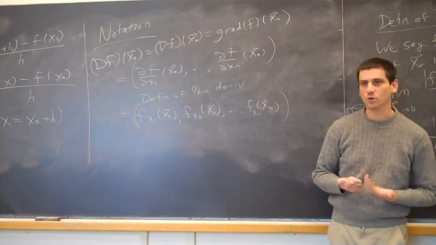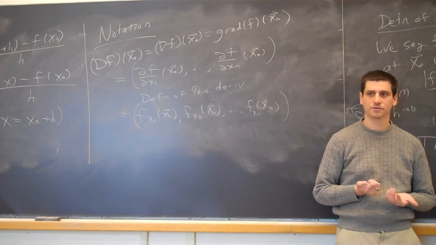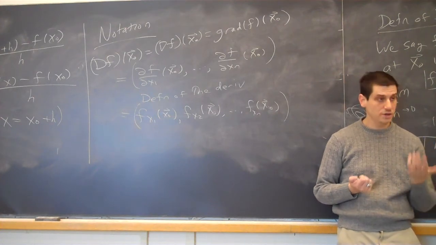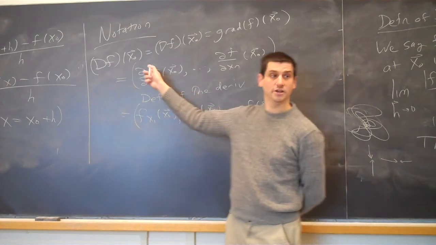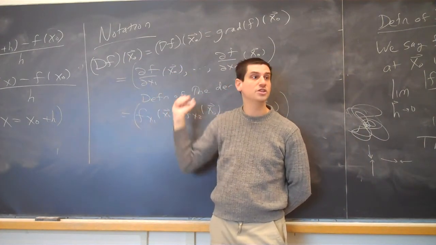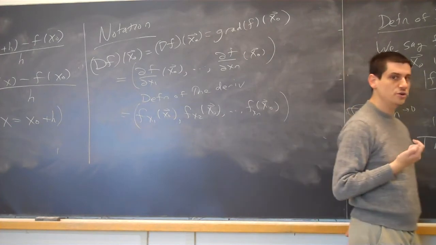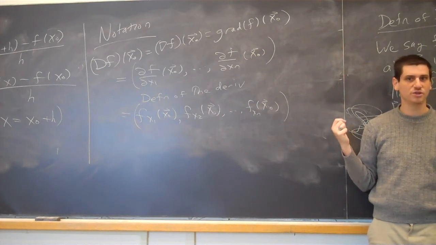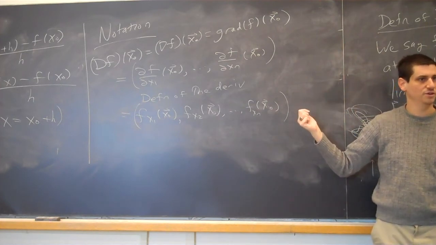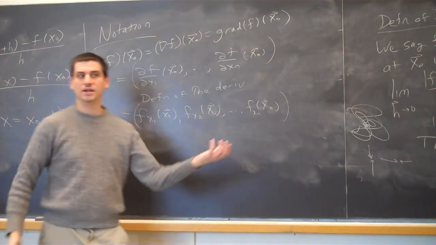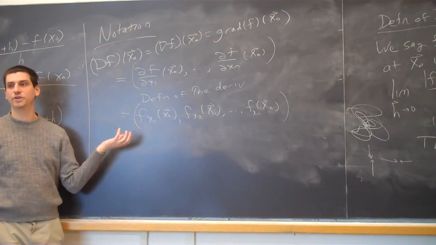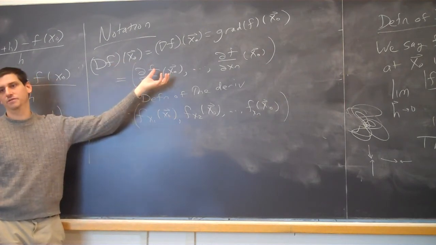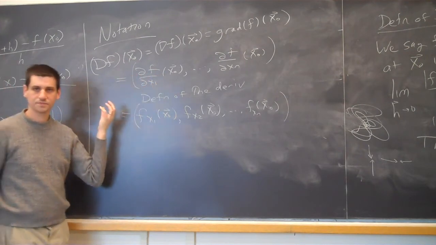So what notation did you use in Calc 1 for derivatives? What do you do? d over dx. So one is you use d over dx, and that's very similar to here. We're not using the partial sign. So this generalizes the notion you've seen, d by dx. There's another notation used in Calc 1. F prime. So here we're not really using f prime because, well, what are we taking the derivative with respect to? Right? So here, it's not at all clear when you say, what's the derivative? Well, derivative with respect to what? I can have lots of different things change. This is the complete derivative. It handles all possible cases.